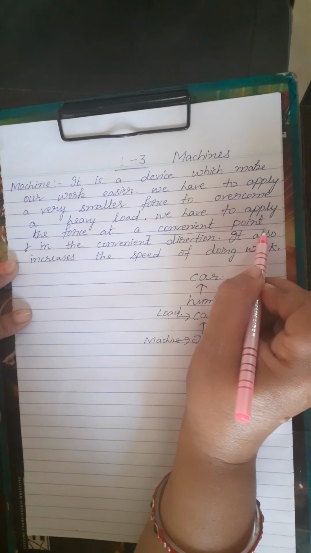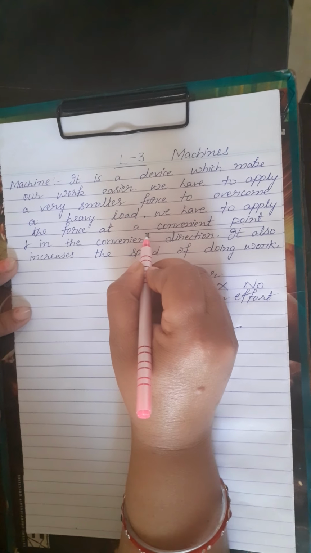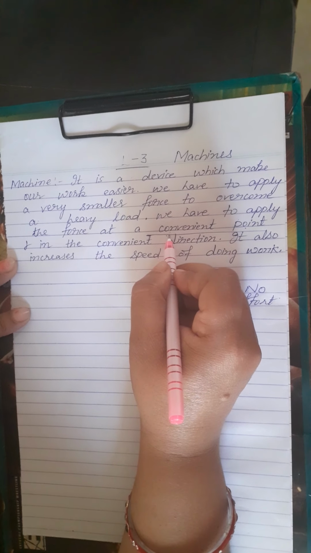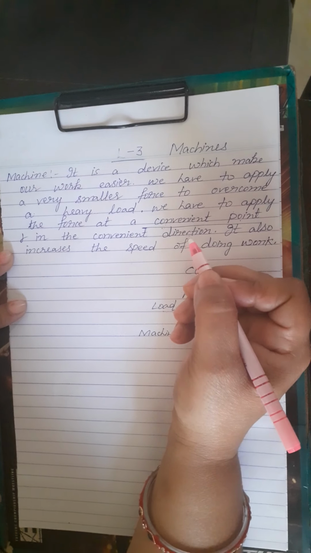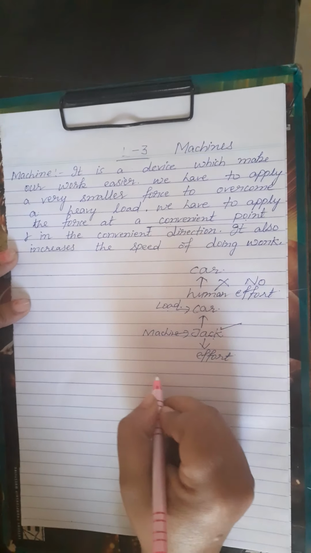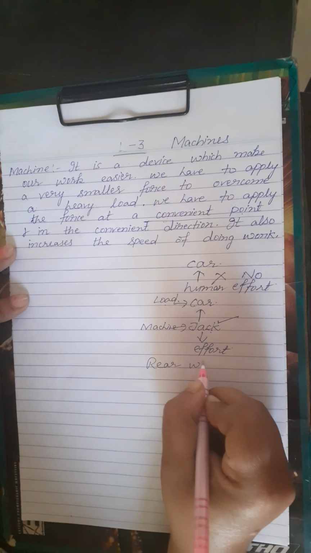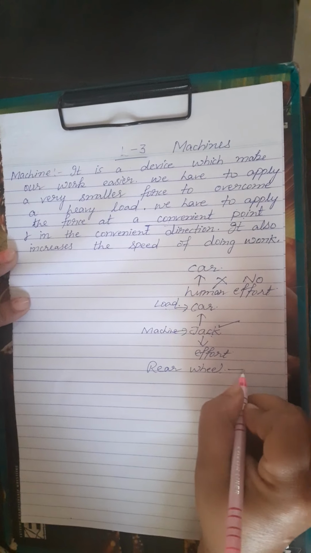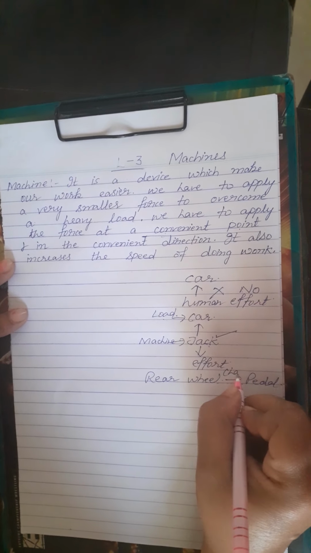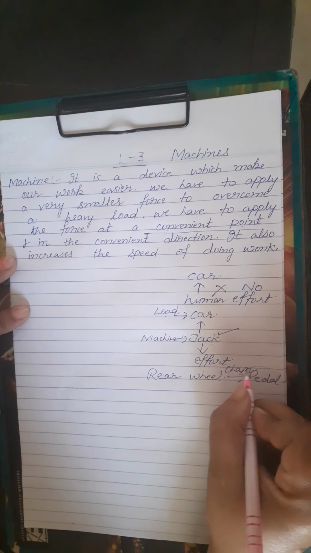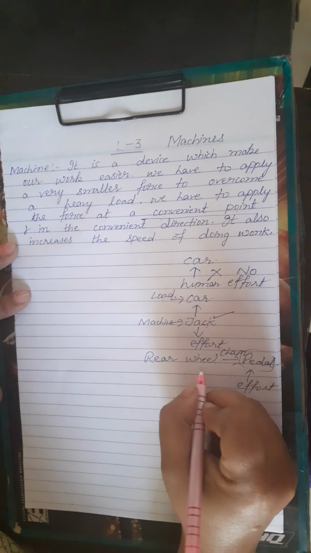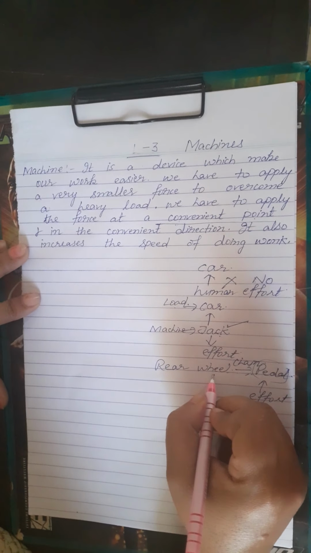For that, beta, you can take the example of a cycle. You are applying the force on a pedal and you see that the rear wheel, जो back wheel होता है cycle का, it moves. How it moves? Because the rear wheel जो पीछे वाला wheel है, it is attached with the pedal through a chain. Chain is there. So through the chain you are applying force, you are applying the effort on the pedal, and that motion will be given to the rear wheel.